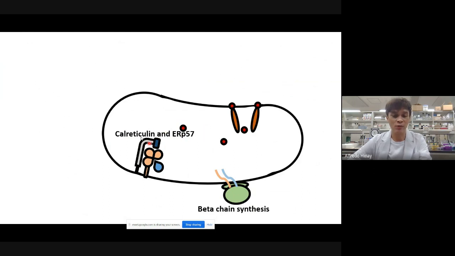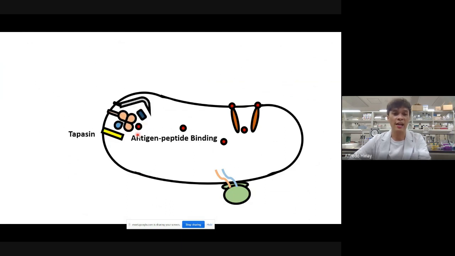Okay? Tapos, after nyan, papasok yung isang class, molecule that will also stabilize your class 1. You have your tapasin. And then, with this one, pag na-stabilize na ng tapasin, ma-remove na yung other molecules,